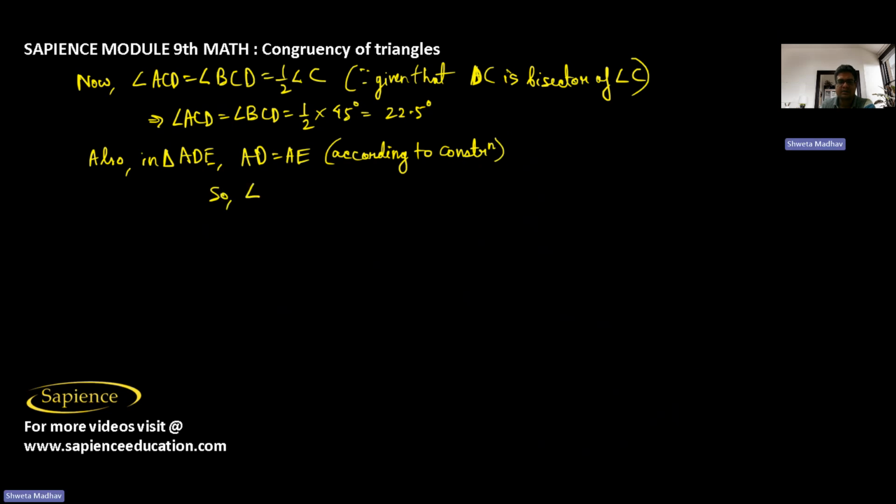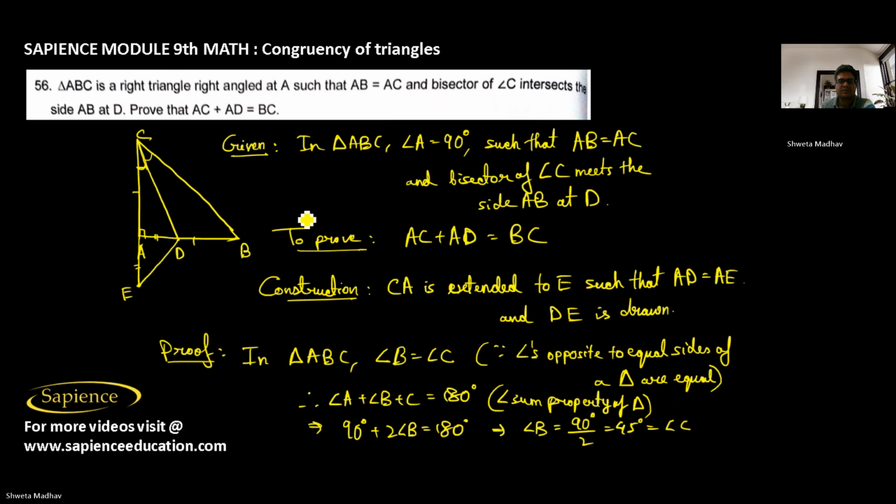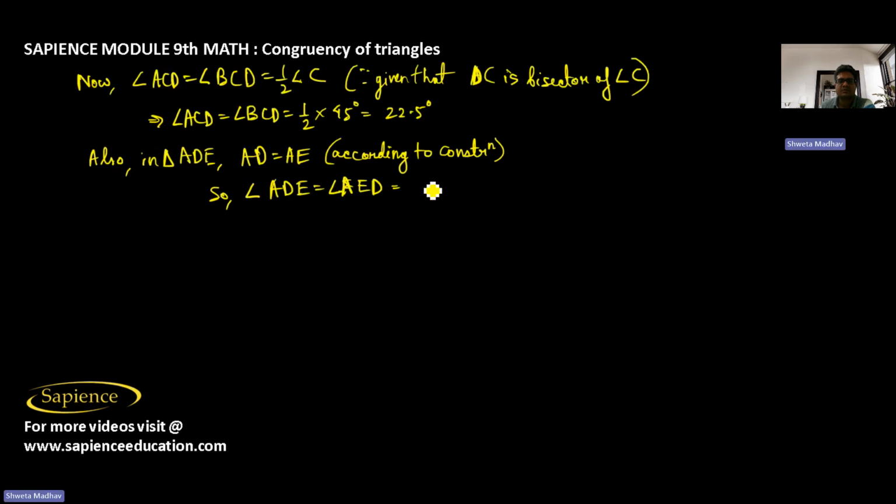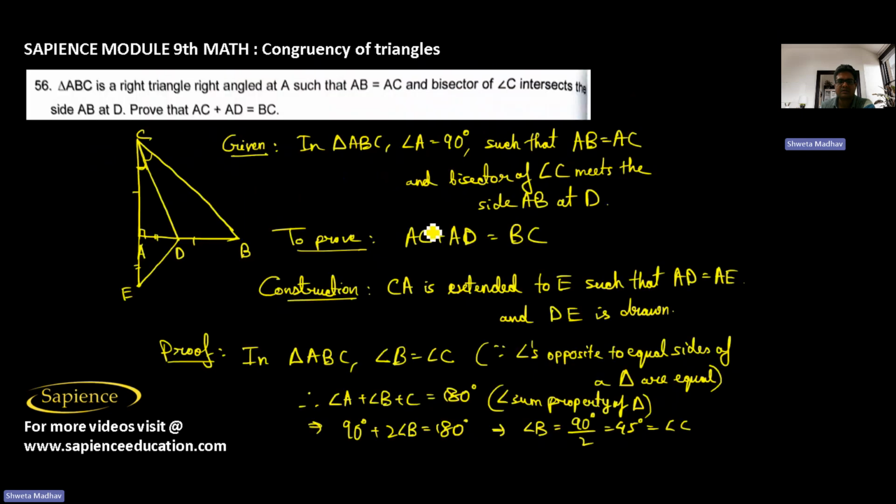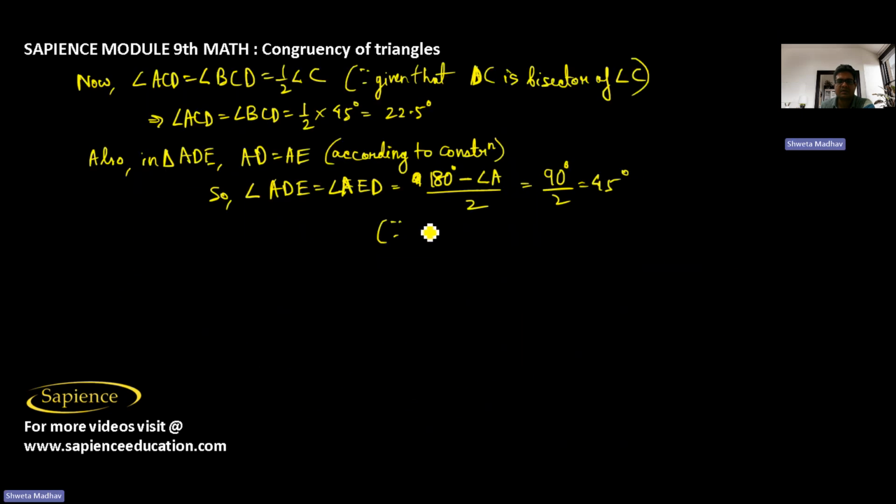So I can say that angle ADE will be equal to angle AED, which is equal to 180 degrees minus angle A, divided by 2, which is 90 degrees divided by 2, that is 45 degrees. Since why? Since angle BAC,